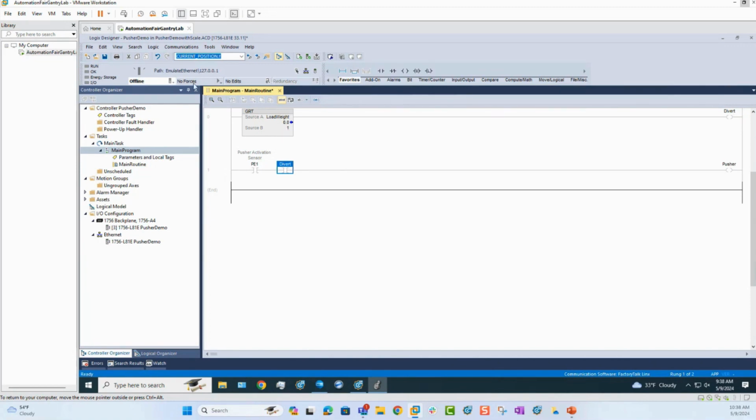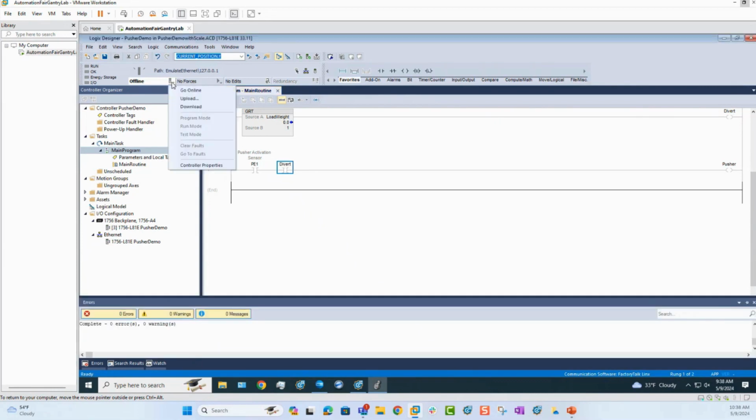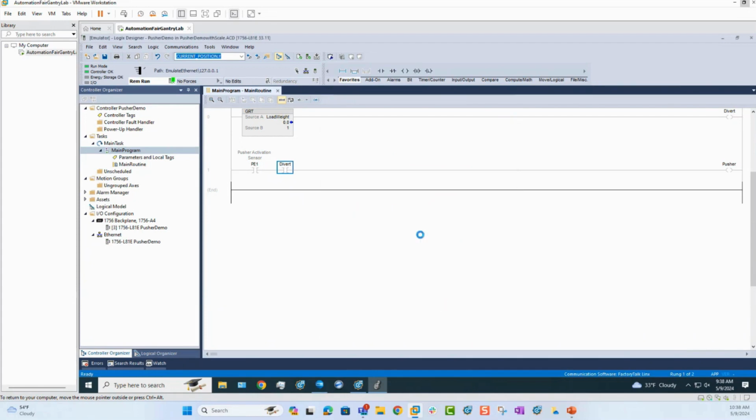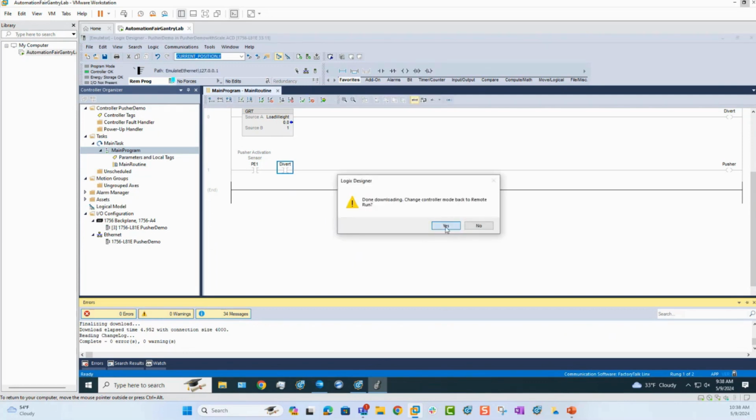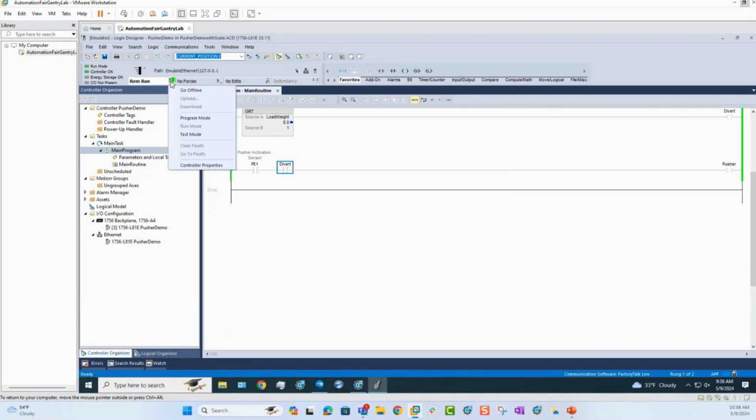Okay, so let's save that, download it. Okay, and we're up and running. Go back to Emulate 3D,